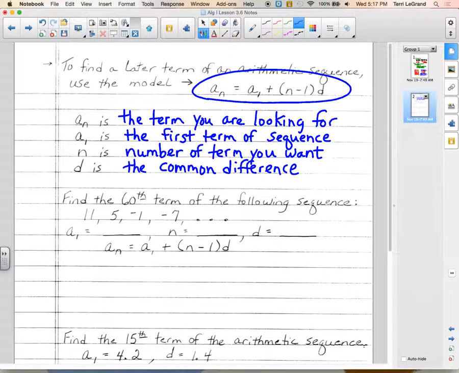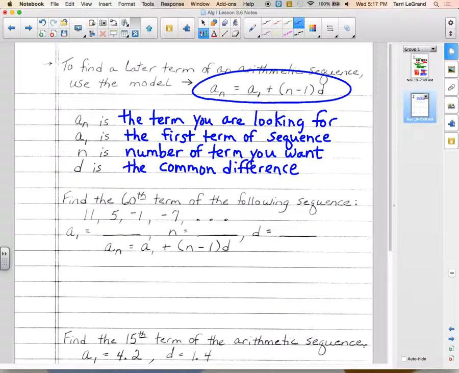Okay, so let's go back up and look at that model. A sub n, that should be the answer you get. What is the answer to, if I'm asking you to find the 100th term, what is it? Okay, that would be the answer you get. A sub 1, well, we have to start somewhere, so our sequence starts somewhere. So we start with the first term, and remember we keep adding on to that. So we're going to add,